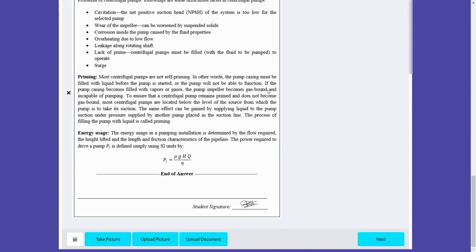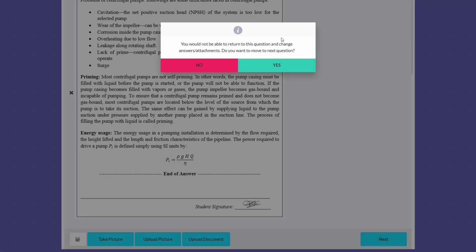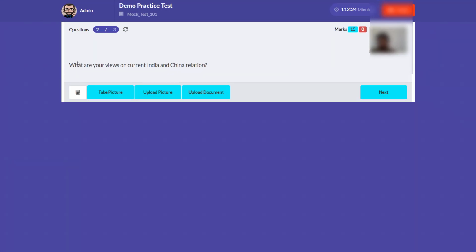You go to the bottom, now click next, and now once you click next, you'll get a warning that you would not be able to return to this question and change answers or attachment. Do you want to move next? So if you are sure that you are done writing the answers of the very first question, you can click on yes. Now I've got the second question.